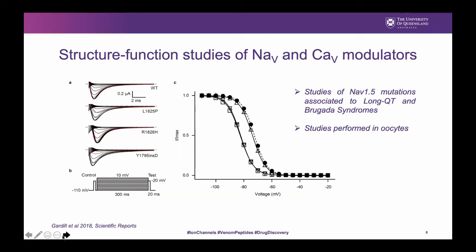Another study that is often part of the characterization of ion channels in diseases included studies of mutated channels, such as this work from Cardoso published in 2018. They investigated a number of mutations in the NaV1.5 channel, which are associated with the long QT and Brugada syndromes. Again, this study was possible only on an oocyte system due to the large number of NaV1.5 mutants